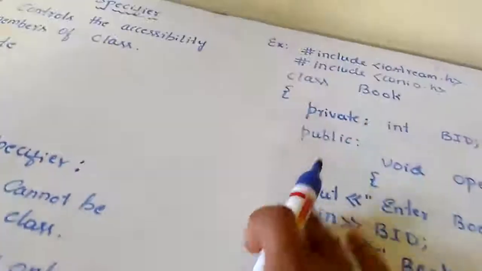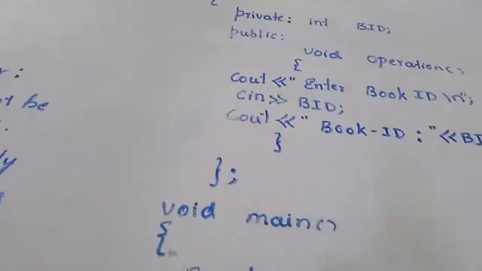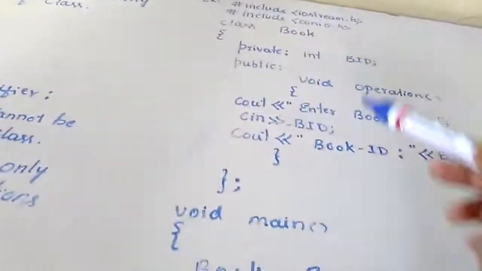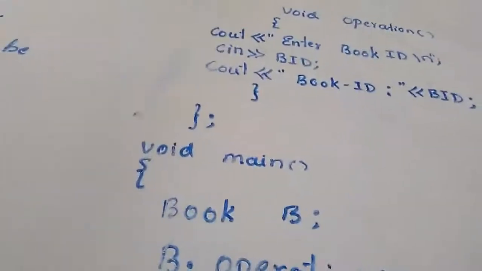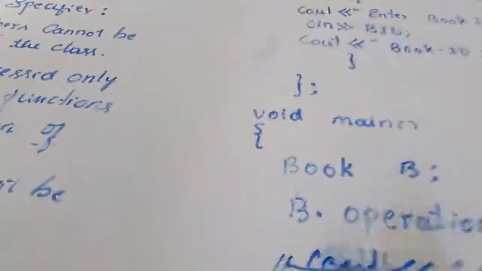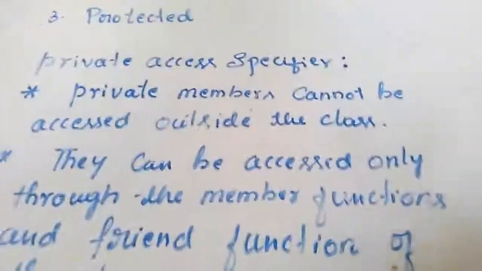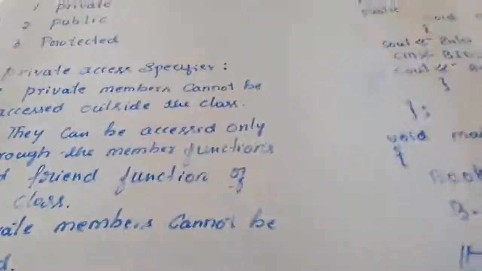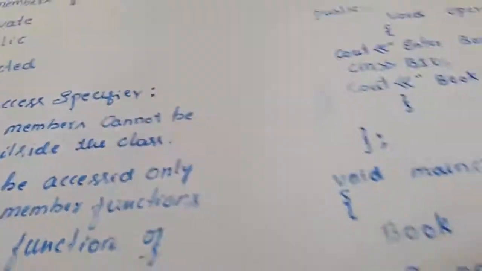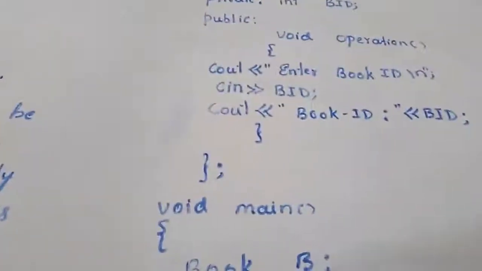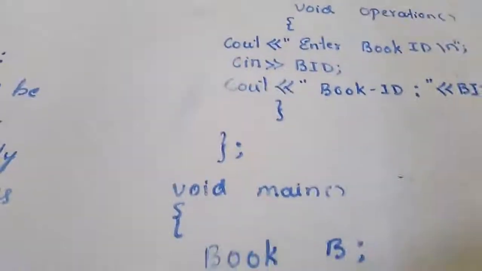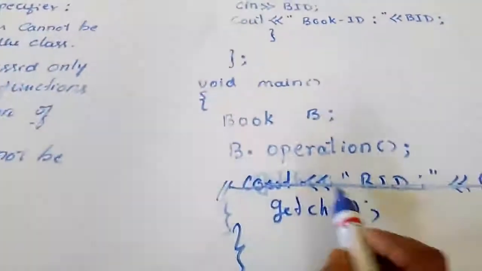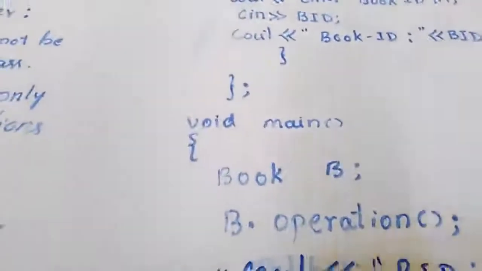That's why I have written this statement here. Understood? You should not write like this. You must access private data from a member function of the class. I hope you understood this concept. Actually, whenever they ask you to explain the private access specifier, you must write all these points, but you can give an example on these 2 points: from where you can access and from where you cannot access. Understood? In the next video, I'll execute this program, then let us make these changes and see what happens in the output. Thank you.